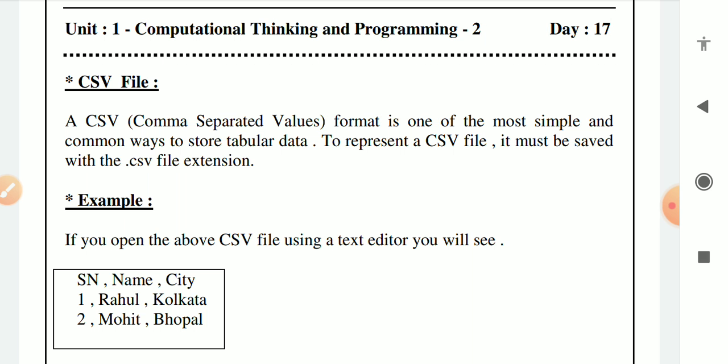In a CSV file we store the data in the form of a list, means in the form of a row, one complete piece of information inside the file. When we write the data inside the file in the form of a list, we get output in the form of a string. So now we can say that a CSV file is a simple and most common way to store data in tabular form. The full form is what? Comma separated values, and it is represented by the .csv file extension.